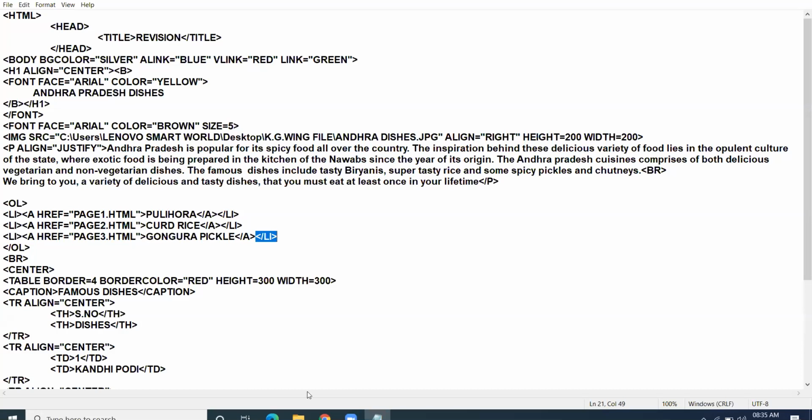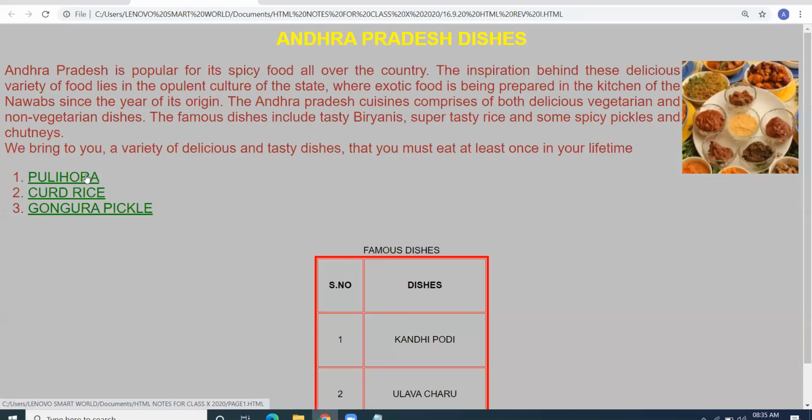I show you the browser view. See here. When I click on this hyperlink, I will get connected to the other web page. That web page I haven't created, right? Now automatically these hyperlinks get underlined. You don't have to use underline tag for hyperlinks. Don't apply the underline tag on hyperlinks. Hyperlinks are automatically underlined.